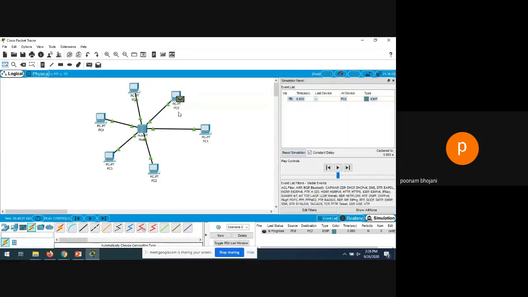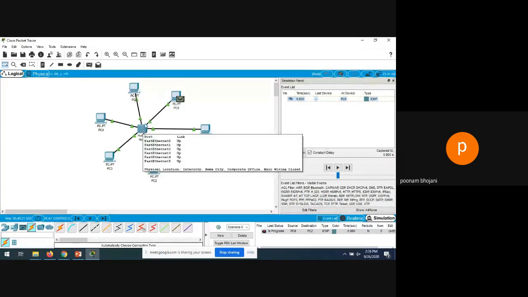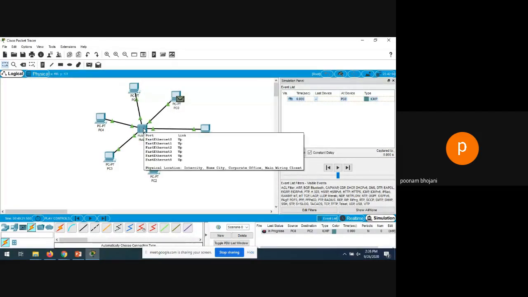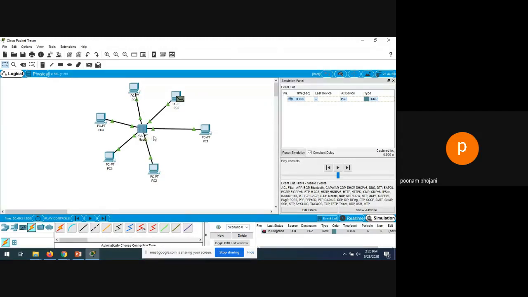Everyone, let me explain it again. Whenever PC0 sends a packet to hub, hub is not reading the destination address. Without reading the destination address, it is simply passing it to all the connected devices. Now all the devices will receive that packet. They will see that this packet is not for me, right? I don't want to accept it. So all the devices will reject it. But PC2 knows that this is for me, so it will accept it and it will send the acknowledgement.